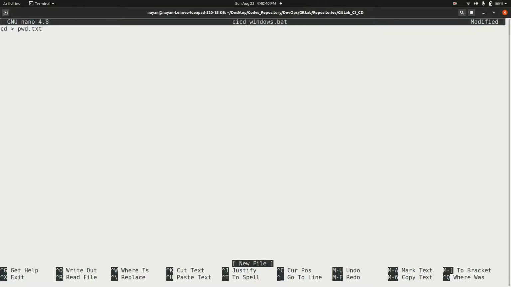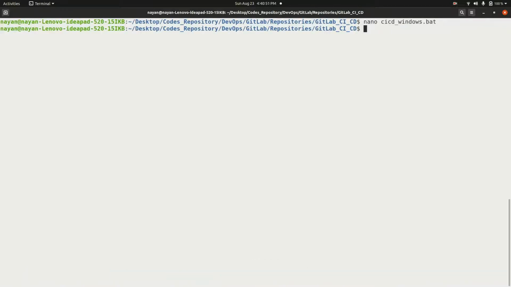Now what this command will do is it will write the present working directory to a pwd.txt file. So I will save this file and close it. So now I have a code that I need to deploy on Windows operating system. Next thing that I will need is